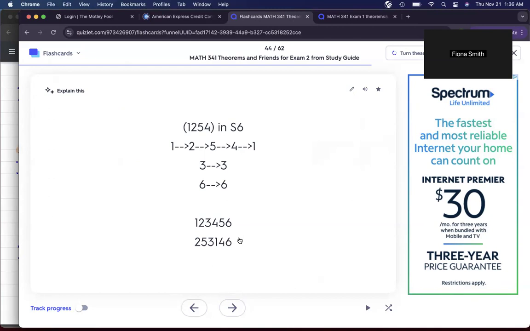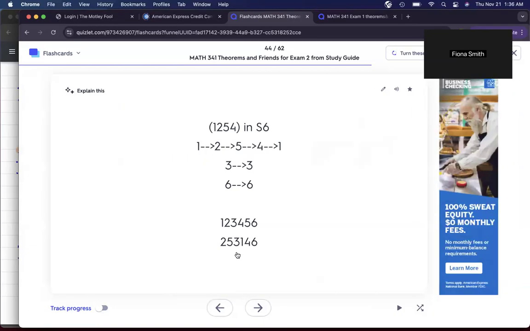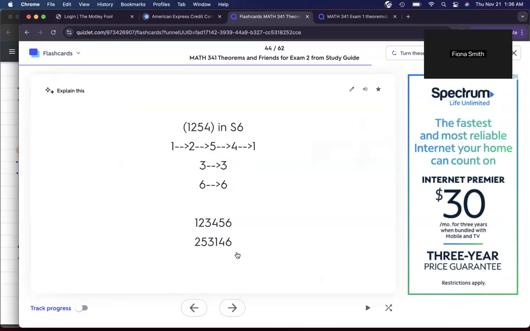That'd be like a disjoint cycle, or like, if 5 ended up actually going to 1, then you would have (1 2 5), because 1 would go to 2, 2 would go to 5, 5 would go to 1, and that would be the end of that. It all loops. So once you get a loop,